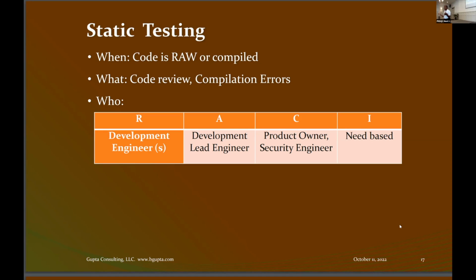Like I said, there are tools out there, and all tools have problems. They're not all good. With security tools, the bigger problem is there are false negatives. Now, false negatives are bad. False positives are equally bad, because if you get a false positive, something is not right, you'll be spending your time just trying to fix things which are not even broken. Okay. So that's static testing. Let's go to the next slide here.